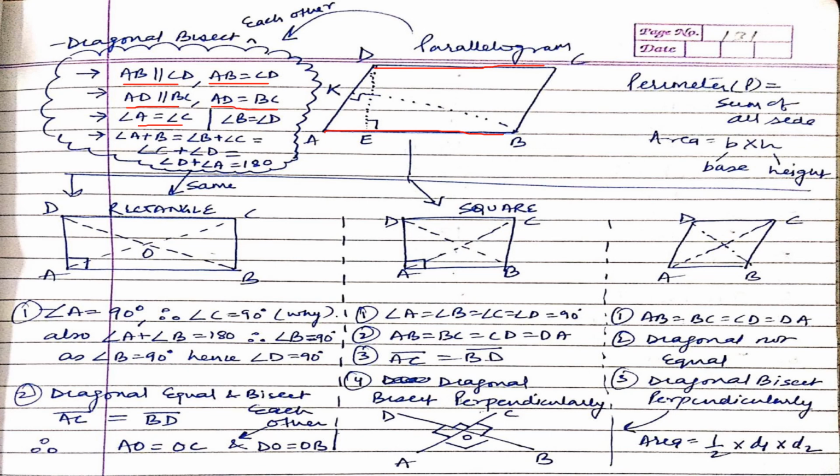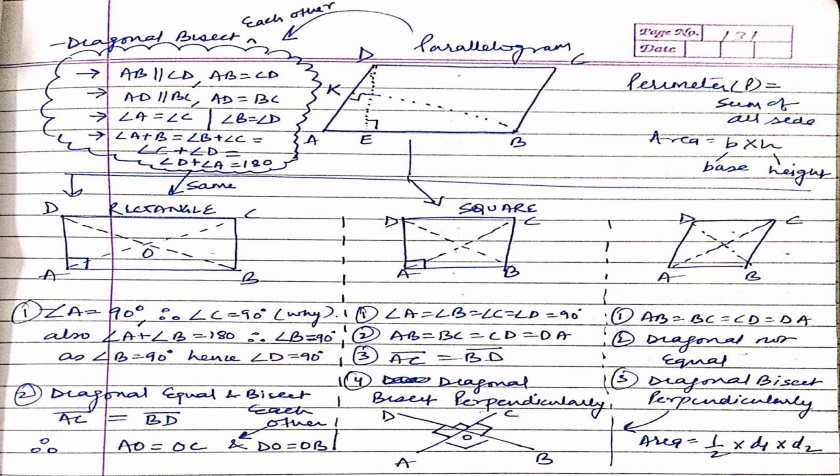Angle A equal to angle C. I have told you this in the last slide also, because they are opposite angles. B equal to D, same thing. Now, angle A plus B, that is adjacent angles, is equal to B plus C, that means this plus this, is equal to C plus D, that is this plus this, or D plus A. Take any two adjacent angles, the sum is always how much? 180 degrees, because it is a property of a parallelogram that the adjacent angles are supplementary.